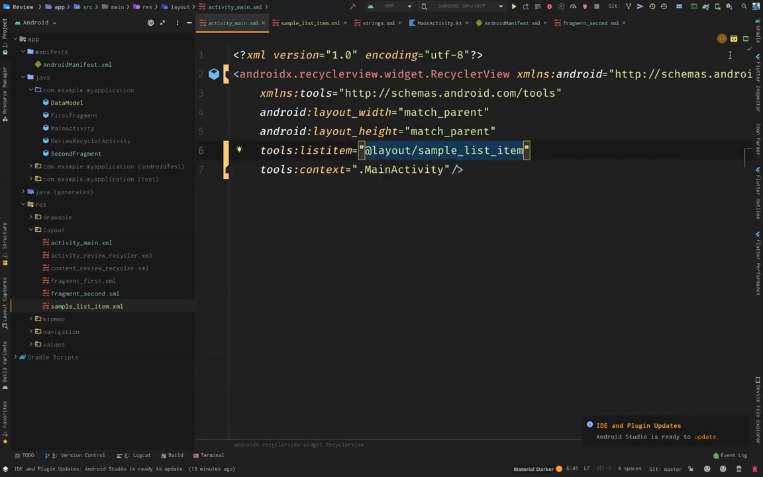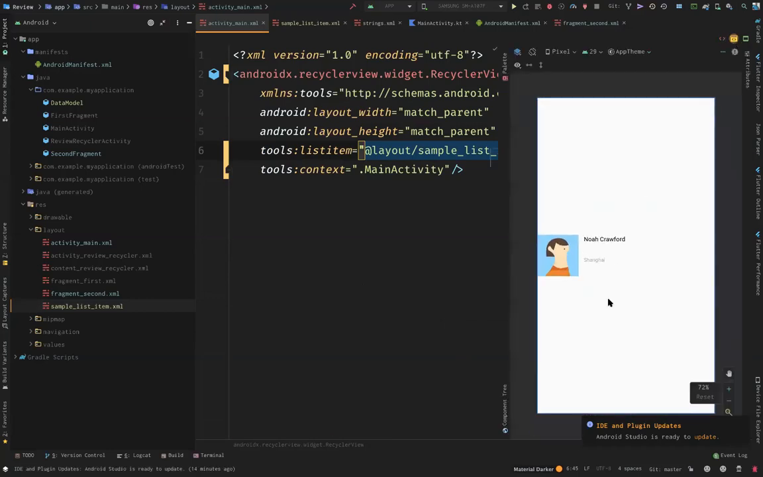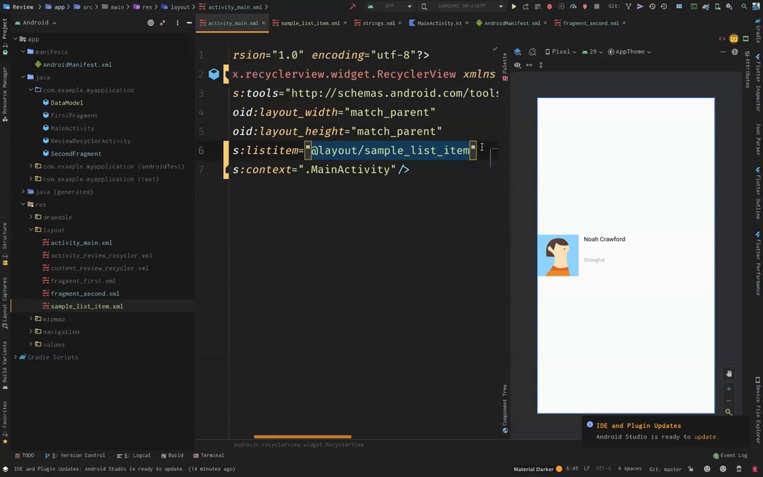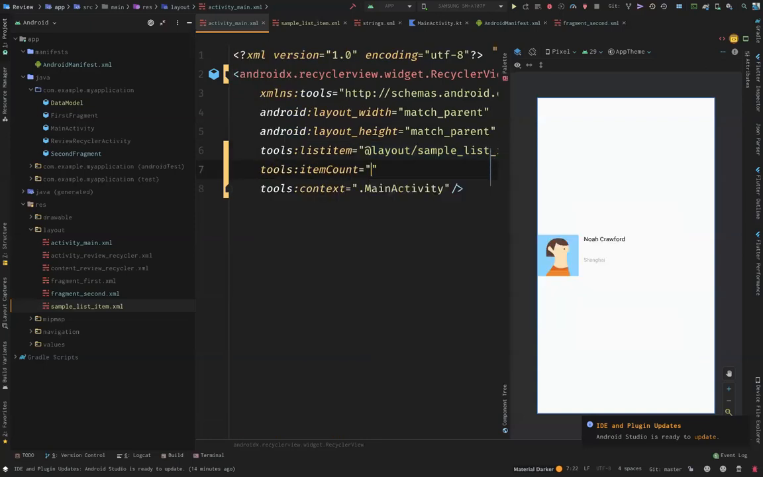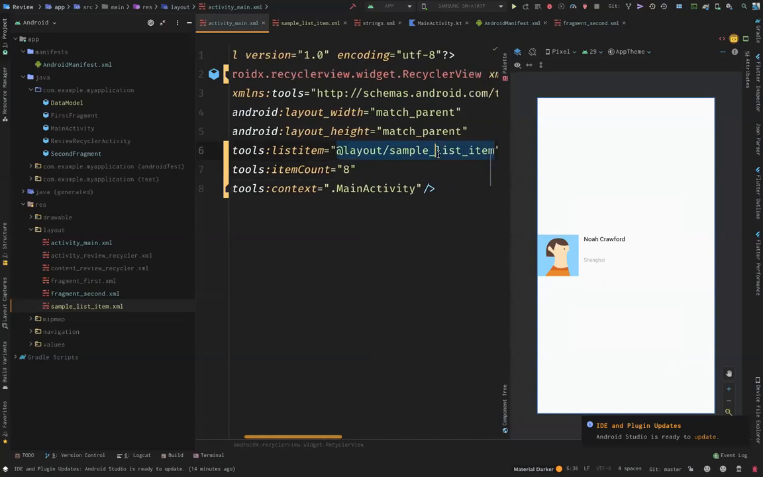So if I check out what the design looks like now, you can see that I have just one item, and it's supposed to be a recycler view. It's supposed to hold several views. Why is it holding just one? And we can see this get worse if I tell it to set item count to 8. I'm saying 8, which means it's supposed to have 8 items, but I'm seeing only 1. That's because there's an error in